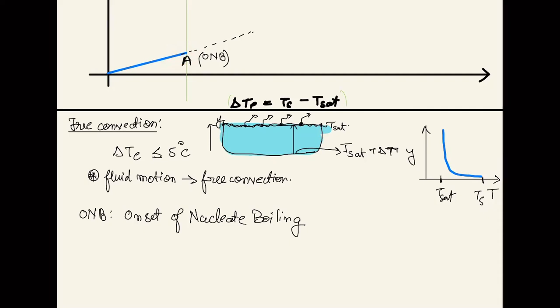So nucleate boiling exists, starts from this particular range, okay, and now from here on these particular bubbles that are formed over here start growing, they are now getting formed, and now this bubble will get transported to the top and go out, all right. And as you are increasing the temperature, more and more bubbles will get formed, right? More and more bubbles will get formed.